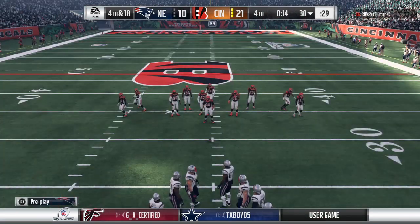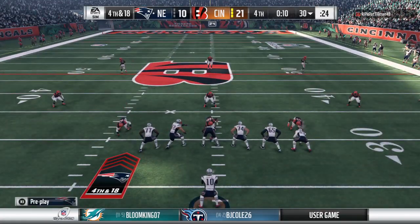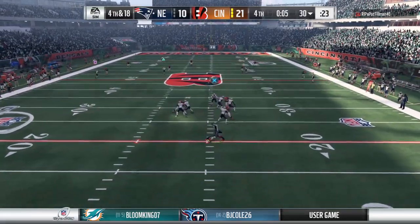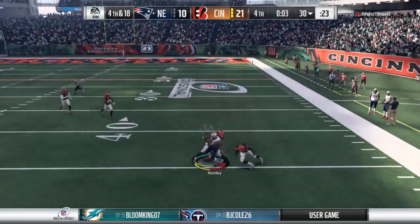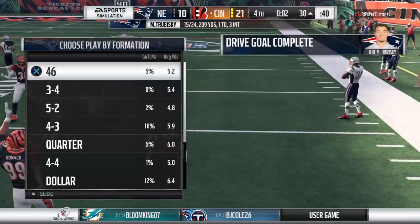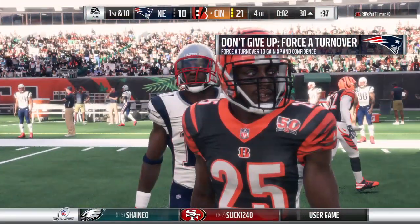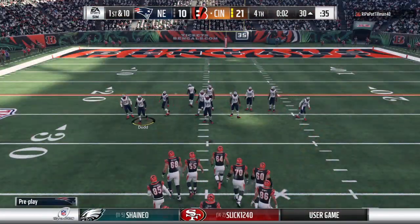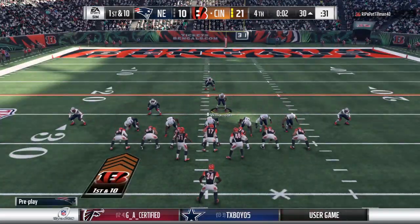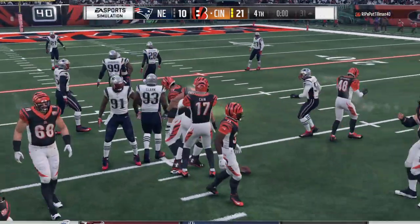And they're indeed going to go for it here on 4th down. So trailing here in the last quarter. Let's see how this plays out. As expected, they're going for it to keep the drive alive. And that is incomplete. 2 seconds left on the clock. They had to go for it with such little time remaining. And as a result, their playoff run may end right here. They go to a knee here, and with that, it's on to the